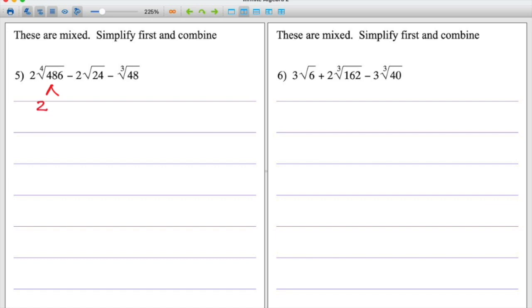I'm going to divide by 2, and I'm going to have 243. I add these three numbers together, 2, 4, and 3, and I know that now that 3 goes into them. When 3 goes into them, it goes into them 81 times, and 81 is a beautiful one because it's 9 and 9. So that makes it 3, 3, 3, and 3. And now I take out groups of 4. Right here we have a group of 4, and it comes out as a single, and it combines with there, and so I'll have a 3 times 2. I'll have 6